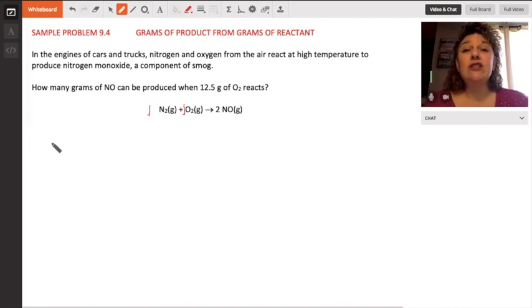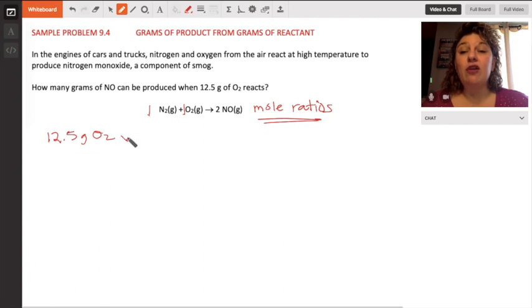So the very first thing we need to do is take 12.5 grams of O2. Okay, and we need to convert that to moles because these are mole ratios. That's really important to remember. Mole ratios. Okay, so 12.5 grams of O2. Now we know that there's 2 oxygens in every O2, right? So we need to put the molar mass of oxygen. This is 1 mole of O2 is equal to